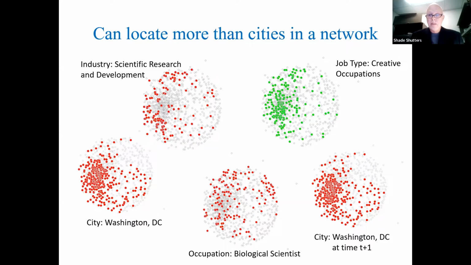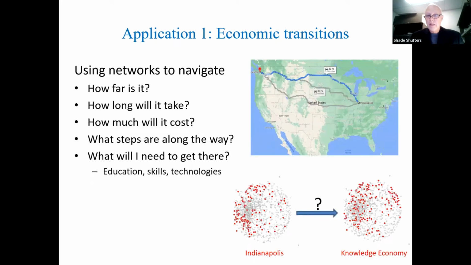So that takes me to the first of two main applications that I want to talk about with this work. The first is understanding and guiding economic transitions. It turns out that economic developers ask a lot of the same questions that a person would ask of a traditional map. But instead of some physical destination, like how do I get to Seattle, economic planners and developers might ask something like,